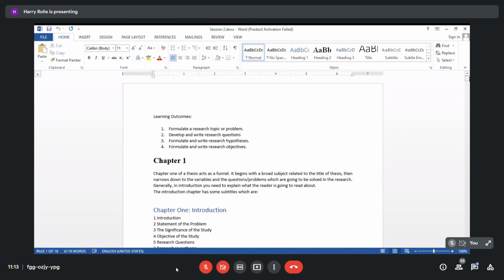Sir, yung po bang limitations, pwede rin siya yung research gap ng isang topic? No. When we talk about limitation, anak, we talk about kung ano yung hindi sakop nung study mo. Pero yung research gap, we talk about what are the things or problems that is not answered by other researches. Magkaiba yung limitation dun sa gaps.